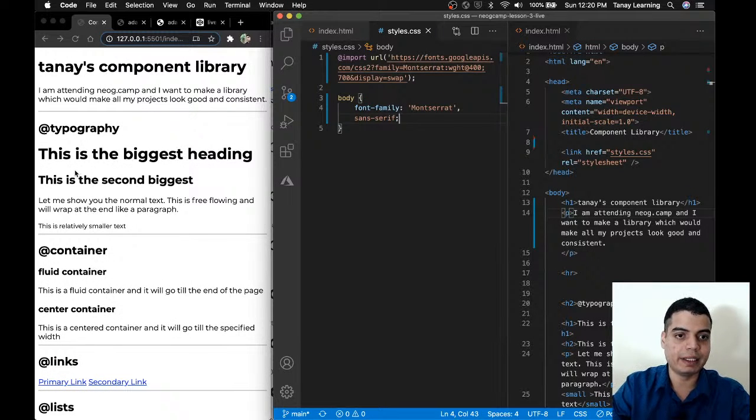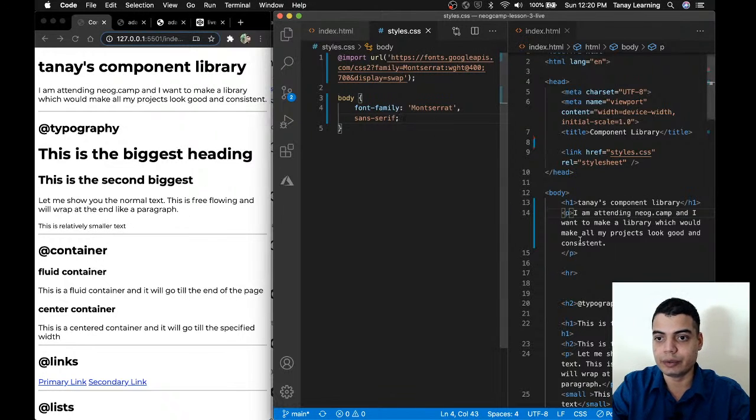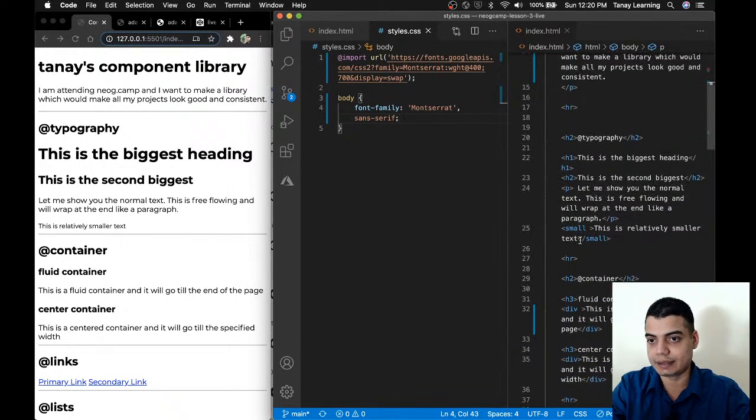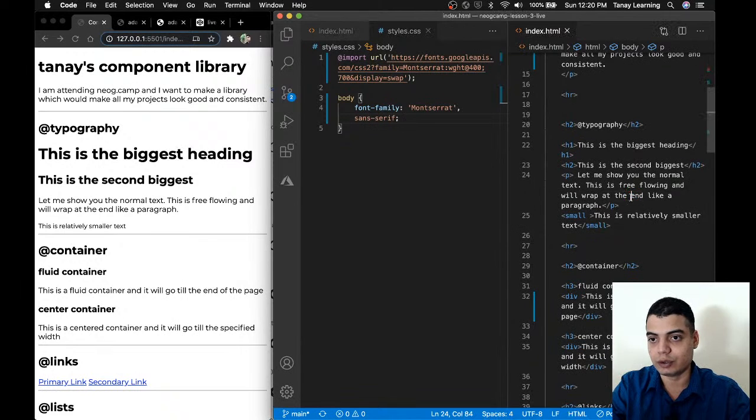This is the biggest heading, second biggest heading. Let me show you the normal text. This is free flowing, all wrap. This is small text. What you can do here is you can also see a bold text. To do bold text, you can see this is free flowing,